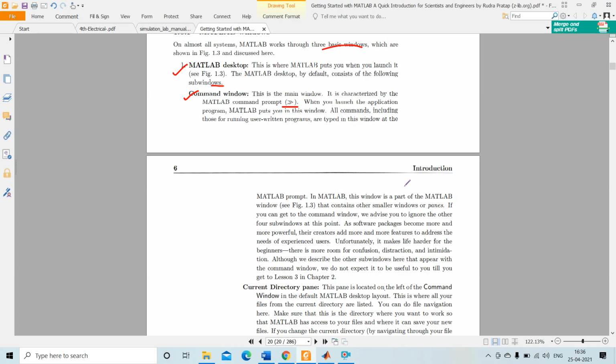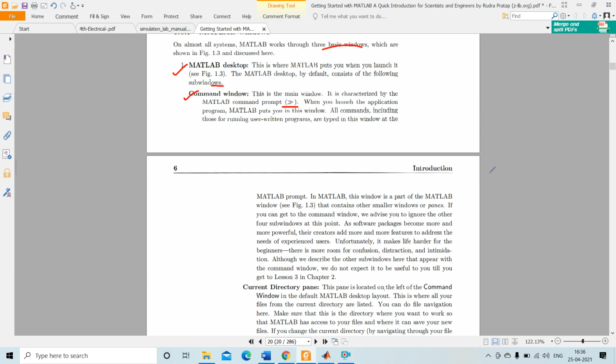This window is a part of the MATLAB desktop that contains other smaller windows or panes. If you can get to the command window, we advise you to ignore the other sub windows at this point. As software packages become more and more powerful, their creators add more and more features to address the needs of experienced users.